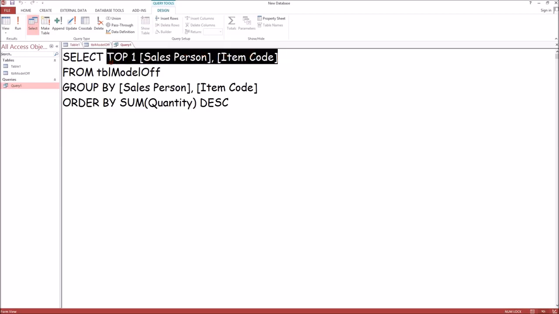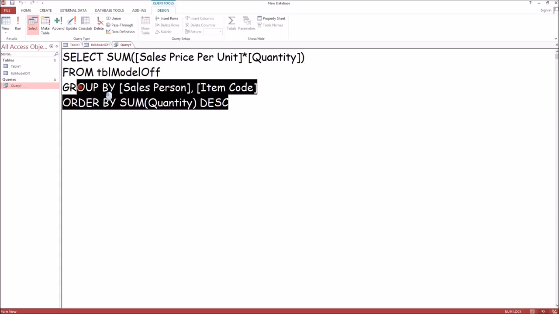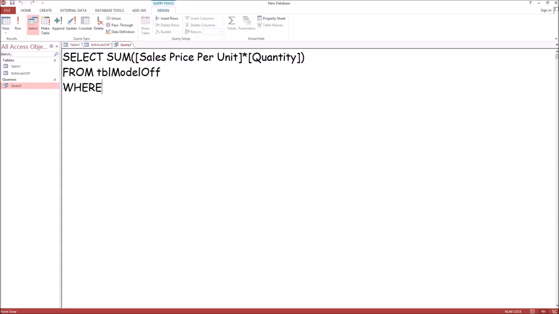So we're going to do the select sum for total. Within sum, we're going to select sales price per unit times quantity, close parentheses, from our table, where salesperson,